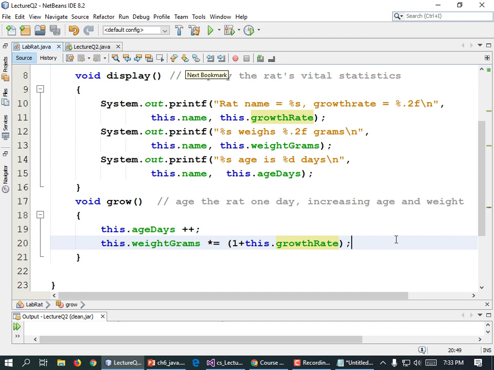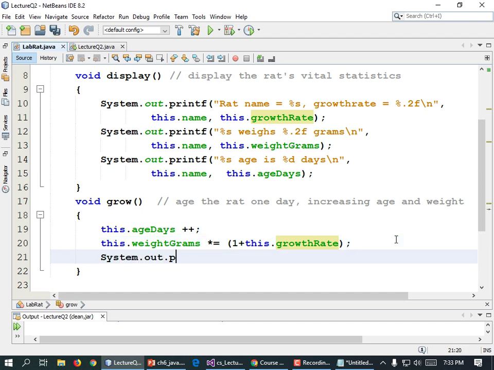Why don't we put a print message here saying what we're doing, right? System.out.println(this.name + " is 1 day older!");